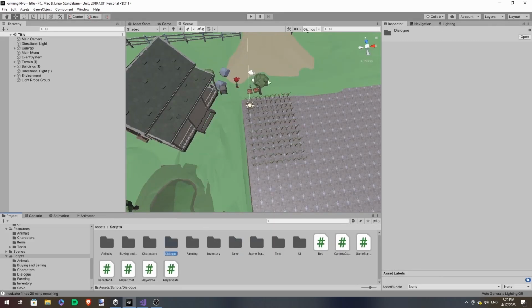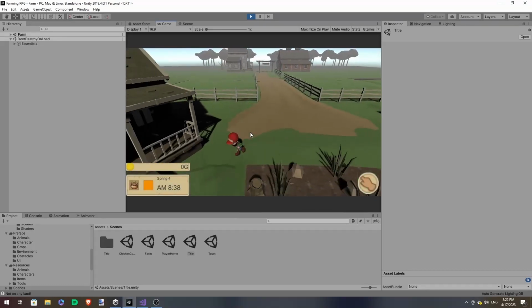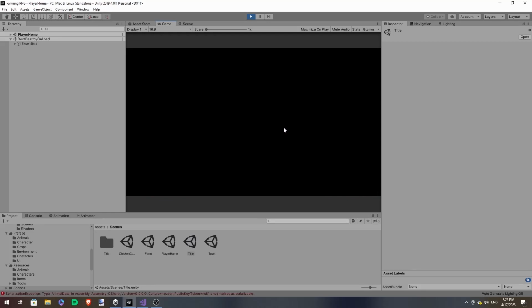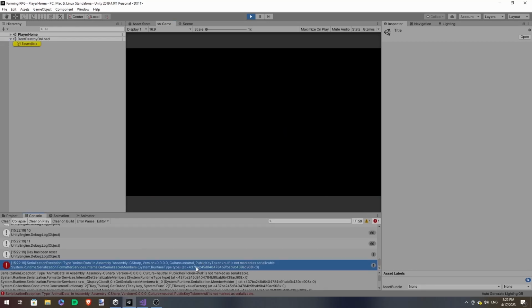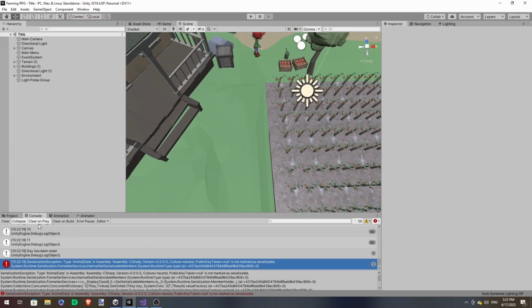Something's wrong with the bounds, it seems. Okay, let's test the saving thing. Oh no. Animal data is not serializable.